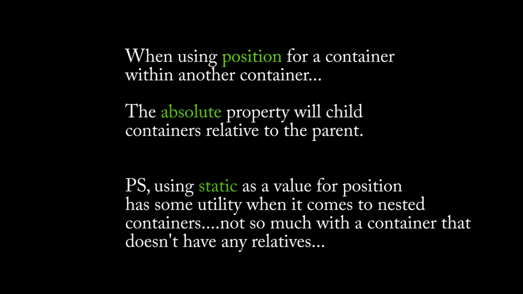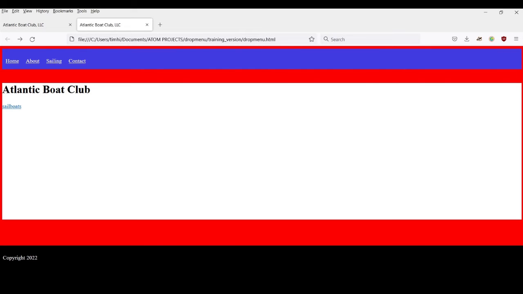One other thing to consider is if you have a container within a container, and both of the containers have position properties, those will play off of each other and affect each other, especially if they both have absolute positions, or one's an absolute and one's a relative. An absolute will play off its ancestor, so its parent container. Well, anyways,